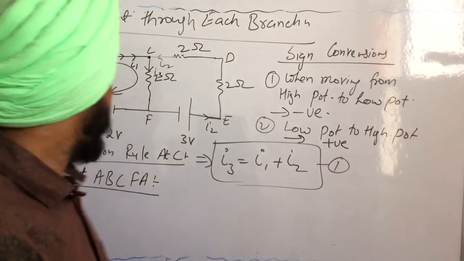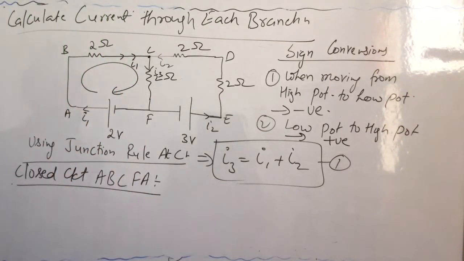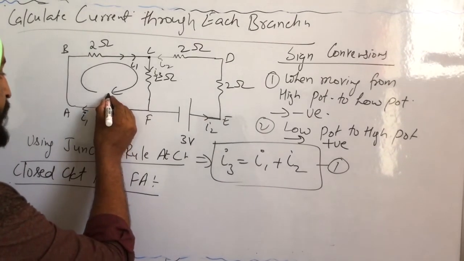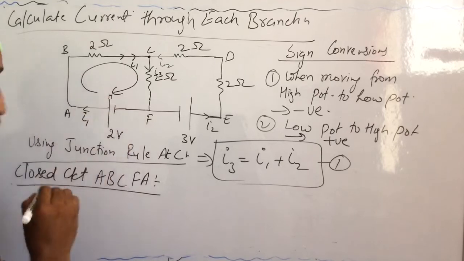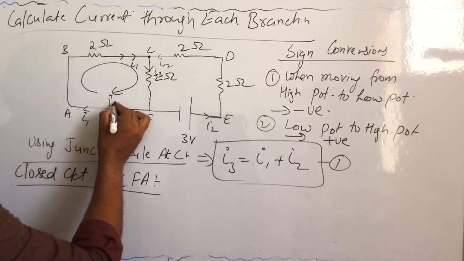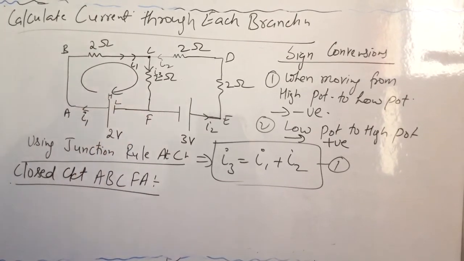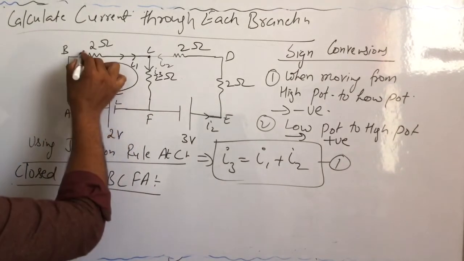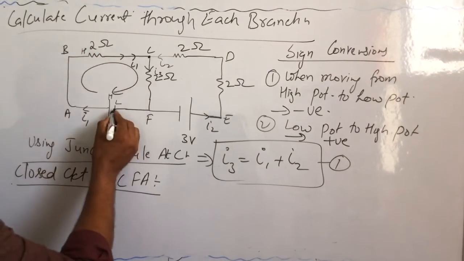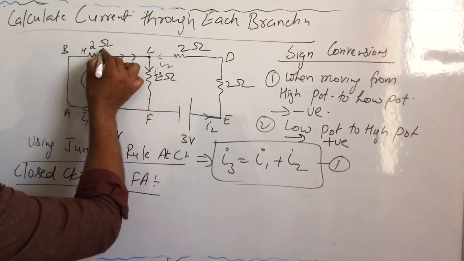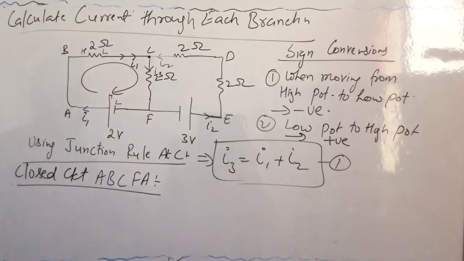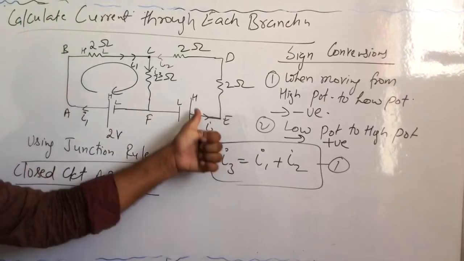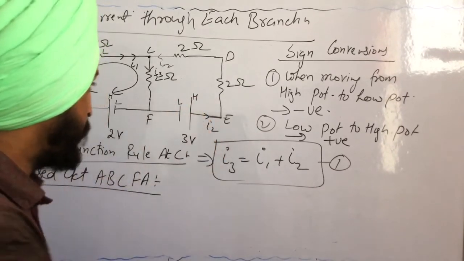Now here you must do one thing to keep things easy. If you have a positive plate, it will have higher potential, and I will write H. The negative plate will have lower potential, and I will denote it with L. Similarly, this terminal is connected with H, so here it will be H, and this terminal is connected with L, so here it will be L. Similarly, here I will write H, here I will write L. H for higher potential, L for lower potential.